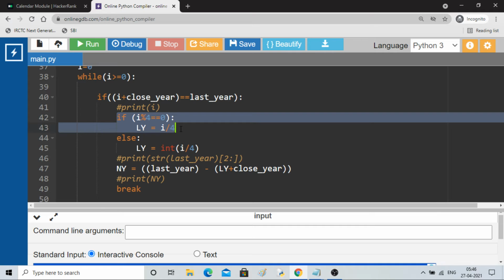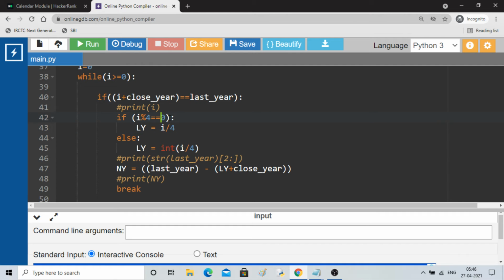Then you take the value of I, which is 43 in our case. 43 divided by 4, it will check whether the remainder is 0 or not. It will take leap year equal to I by 4 if the remainder is 0. If not, then it will take only the integer value of I divided by 4 as leap year.